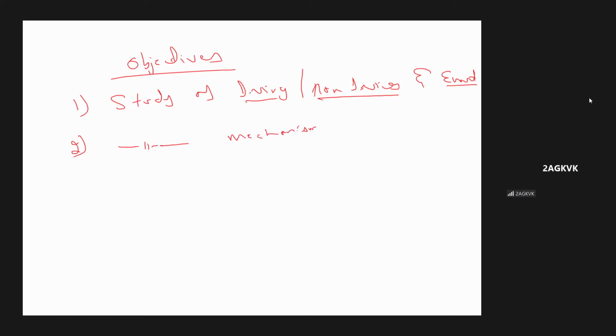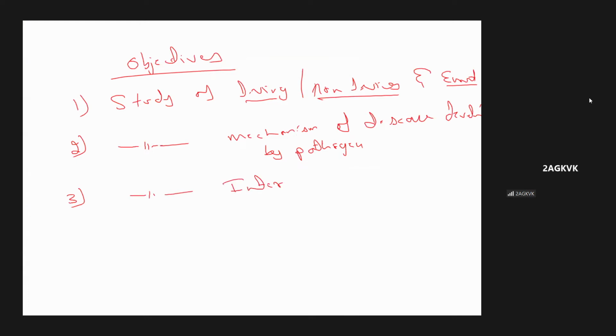The mechanism of disease development by a pathogen: how the pathogen is infecting the crop and how the symptoms are expressed. That is the second important objective while studying plant pathology. And the third objective of plant pathology is to study the